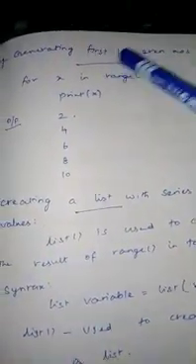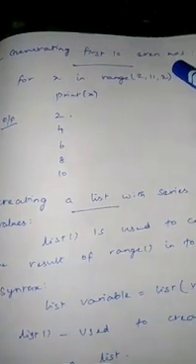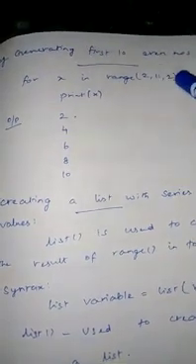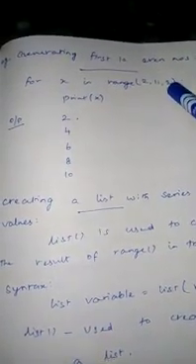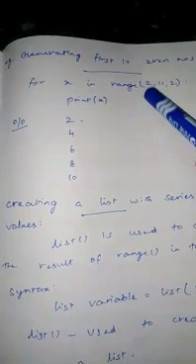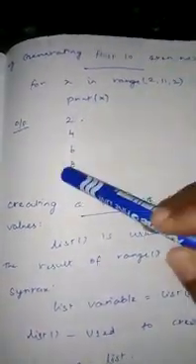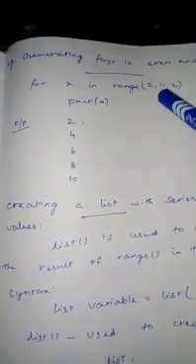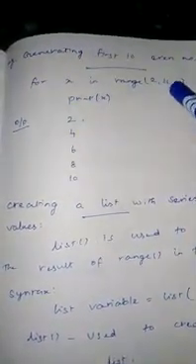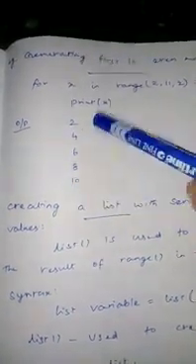Next, one more example. I am going to print the first 10 even numbers. The same thing. For x in range, I am giving starting value 2, ending value 11 and the increment, step value, is 2. So what will happen here? Starting value 2 plus 2 is 4, next plus 2 is 6, next plus 2 is 8, plus 2 is 10. The last value we have given is 11, so it will take up to 10. So starting from 2 up to 10, all the even numbers will be printed.